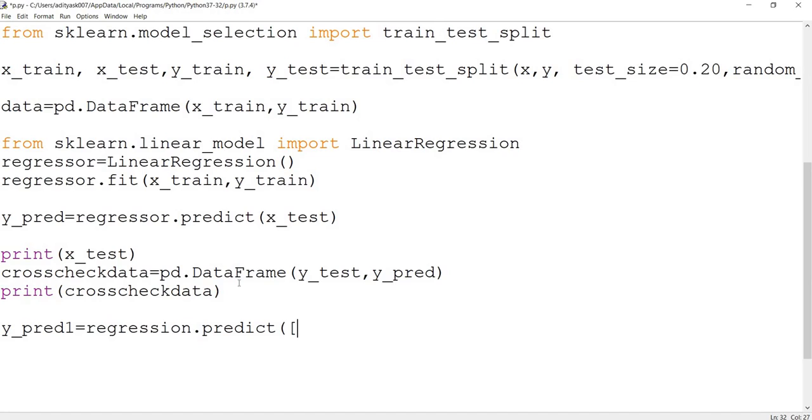To give that, you must give an input as a list of lists. It is nothing but a NumPy list that we are trying to give, because the data that is split into training and testing will be in the form of a list of lists. So the input also should be given in the form of a list of lists. So if I want to get how much salary I will get for 19 years, and I don't have data for 19 years,